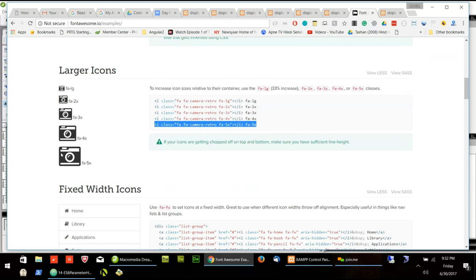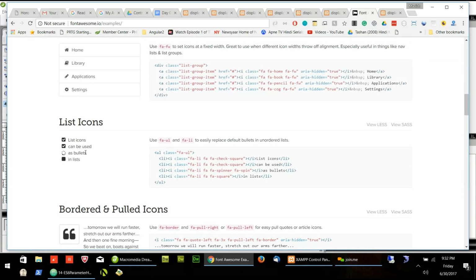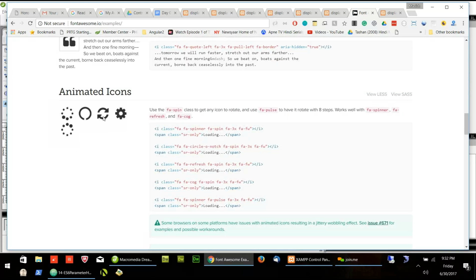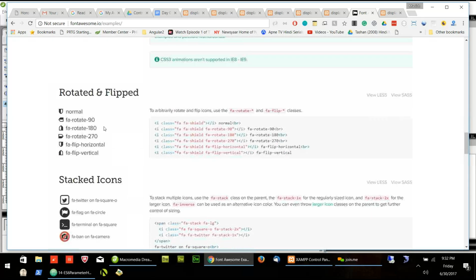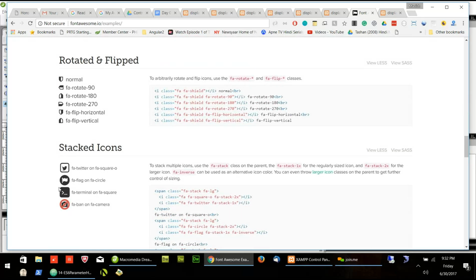It will look like this. If you want this animated icon, just include this one, and it will load like this. If you want to rotate or flip the icon, you can do that. You can increase the size of this font, so it looks like an image, but it is not an image. It is a font.